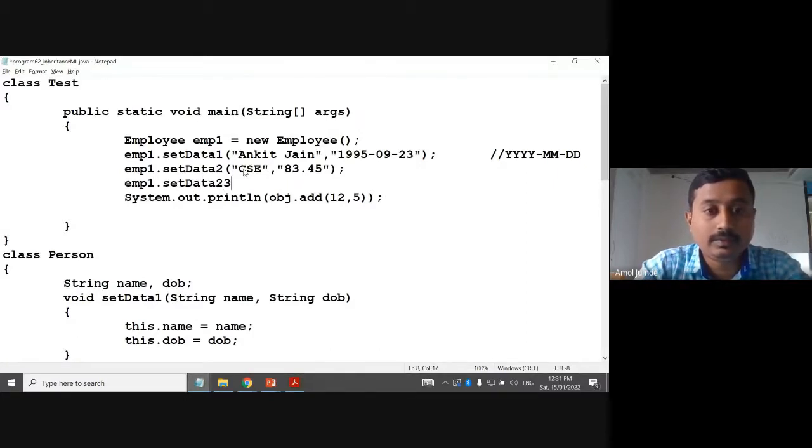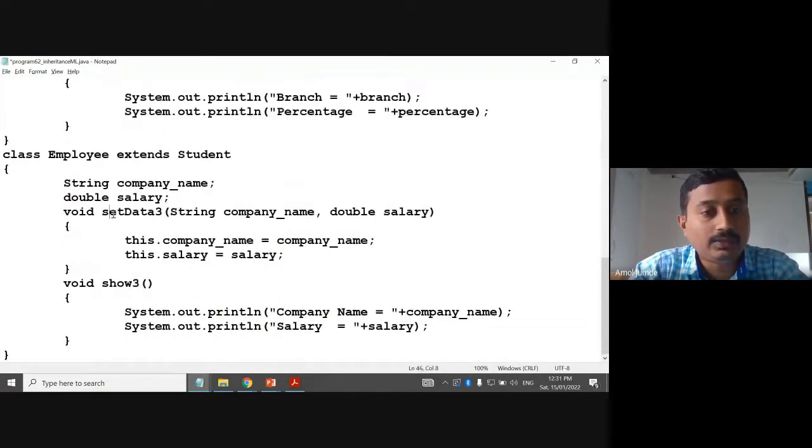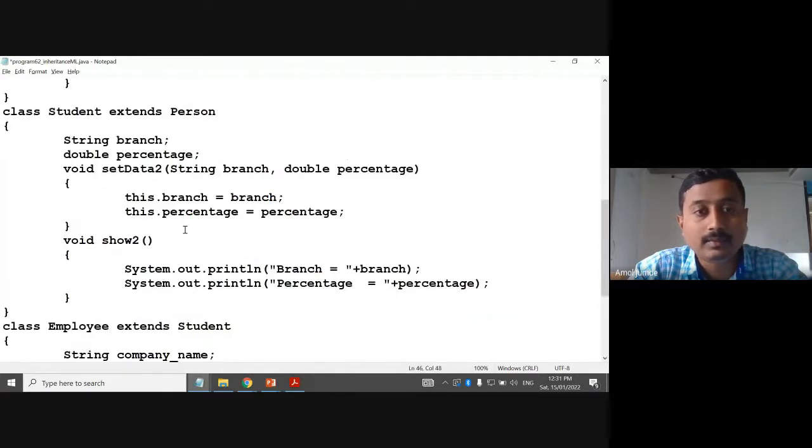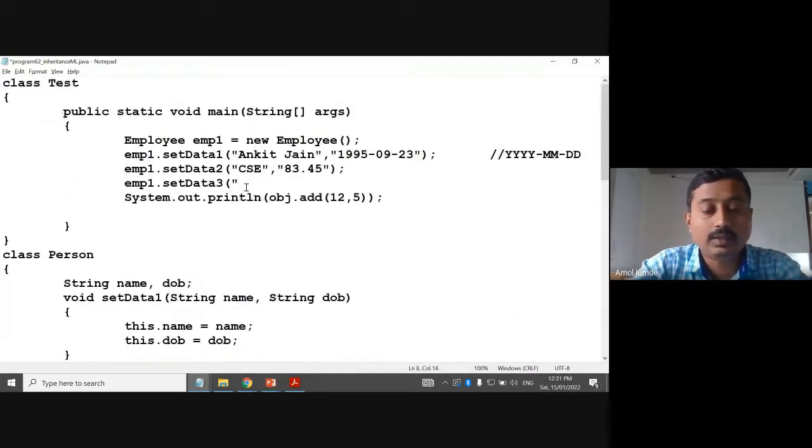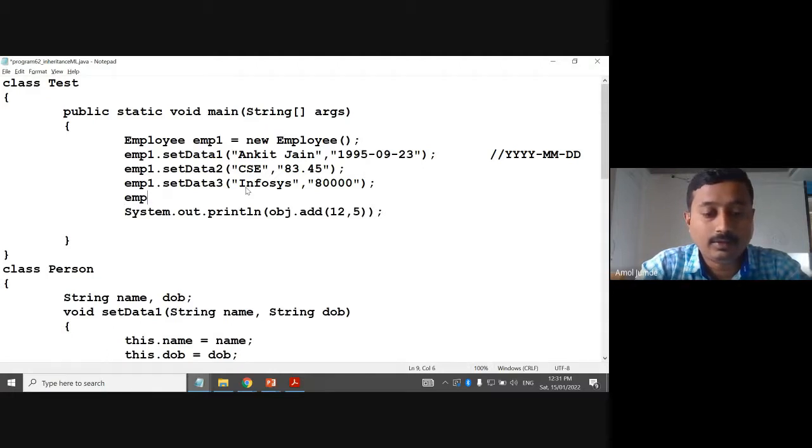set data 3. If you follow all the rules now, then no need to remember. So here I am following the camel case notation, right? So if you follow the naming convention, then nothing to remember. So company name and salary. Consider he is working in Infosys, and salary 80,000. Okay, employee 1 dot